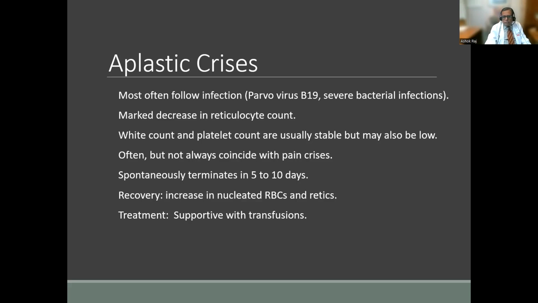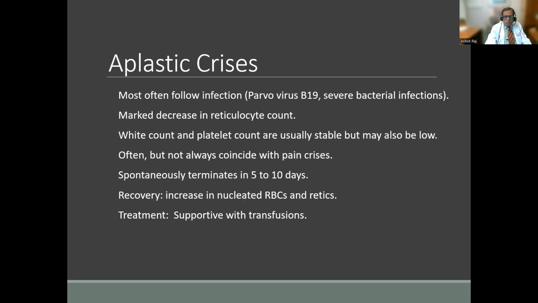Now aplastic crisis is not peculiar to only sickle cell disease. It can also happen in other hemolytic anemias, for example, in hereditary spherocytosis as well. The reason being, in patients like myself, for example, who doesn't have any hemolytic disease, if I get parvovirus B19 infection,